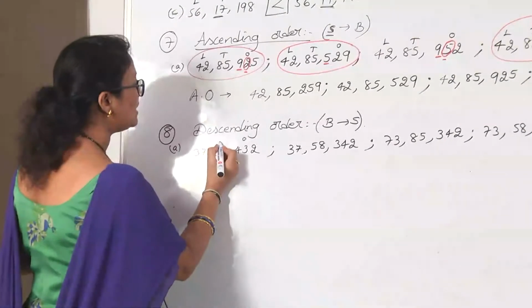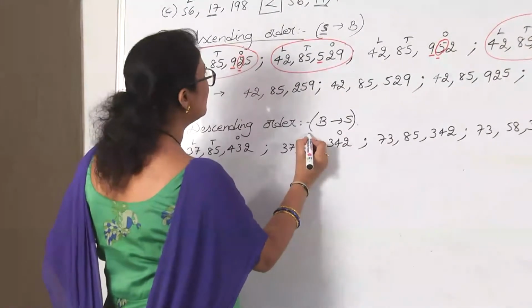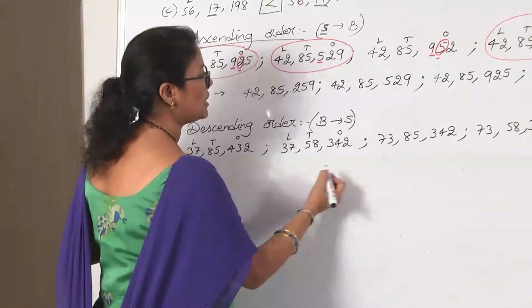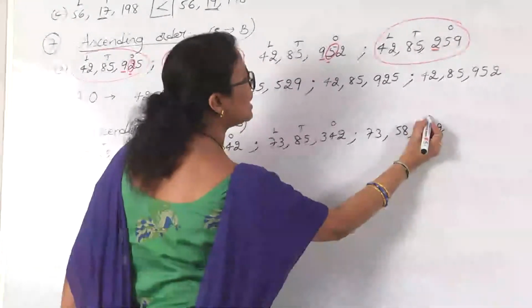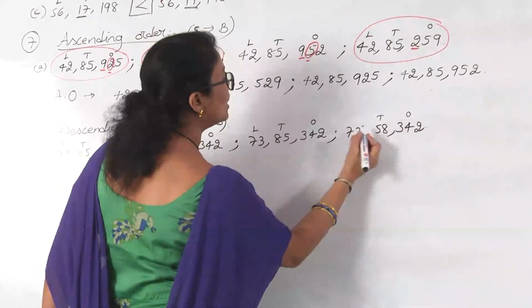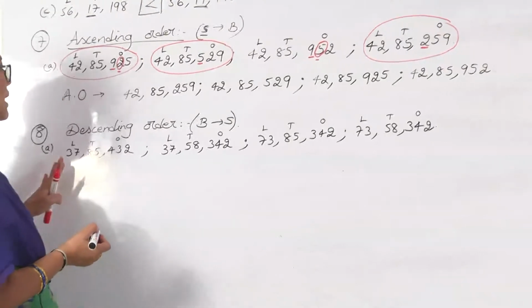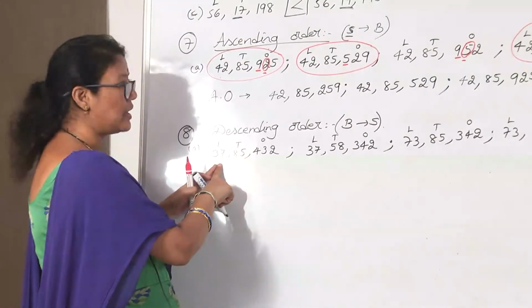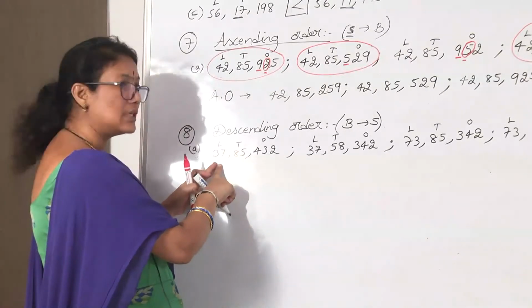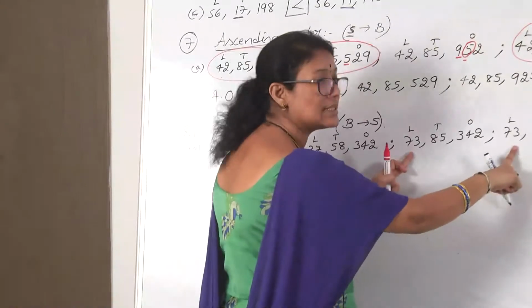It is ones period, then thousands period, lakhs period. For the last number it is also the same way, ones, thousands and lakhs period. Right, children? Now we start comparing from the lakhs period. Now check out what is the lakhs period for the first number. It is 37, here it is 37, here it is 73 and this is 73.